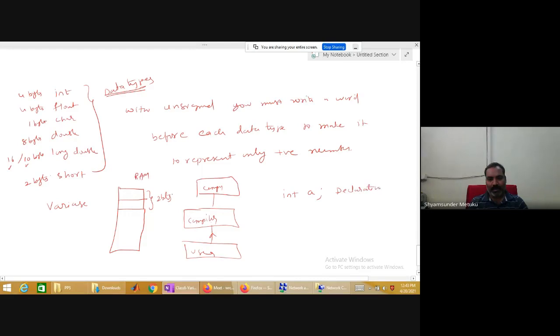The moment you say int a in the C program, the compiler will understand the user is interested in getting some bytes of memory based on the int. How many bytes? 2 bytes if it is Turbo C. If it is Dev C++, let me take 4 bytes. That is not an issue. So 4 bytes of memory the user expects. And we cannot predict random access memory.